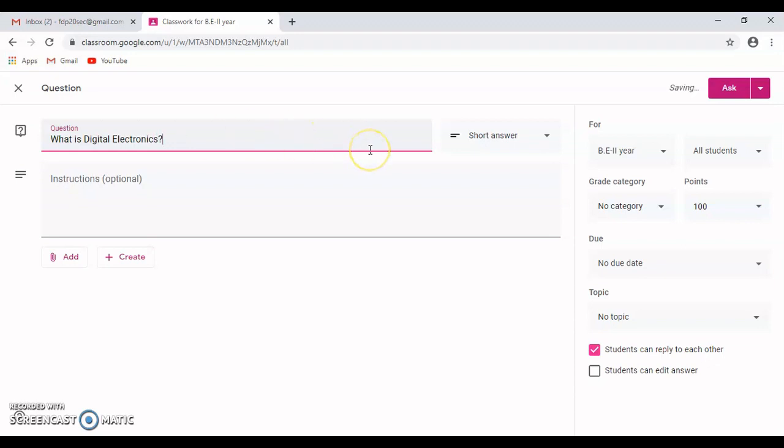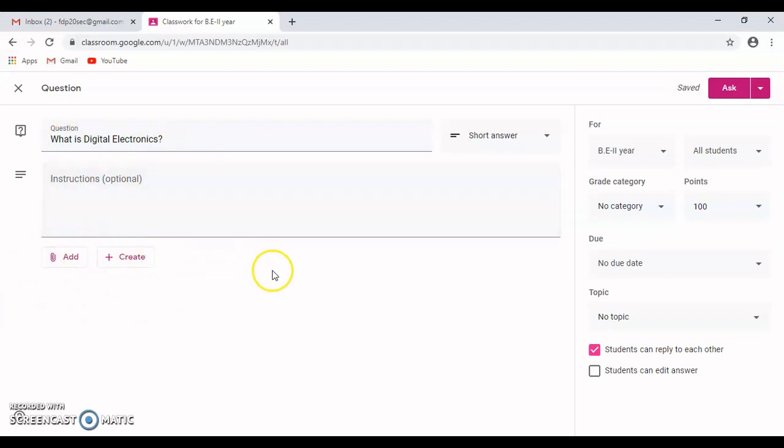I can either post a short answer or a multiple choice. By clicking on this drop down icon here, I can select multiple choice as well and give out the options, but I want it to be short answer, so I'm going to leave it as default. I have posted the question here. I can add any image, file or link, but I'm going to leave out both options.